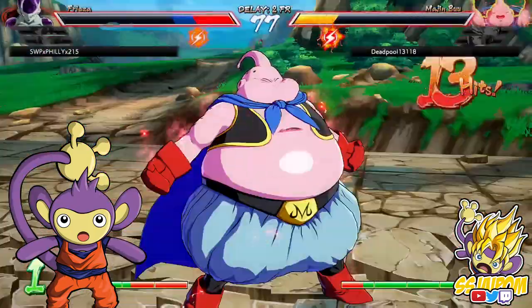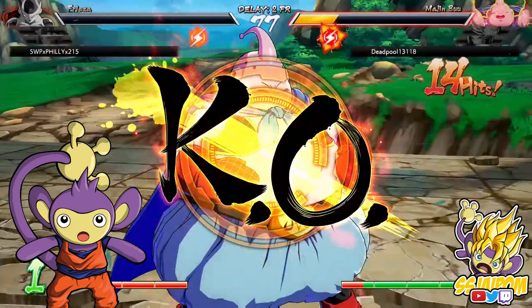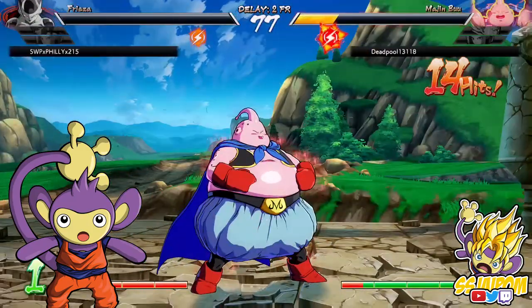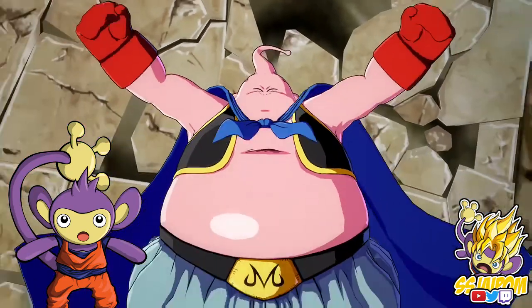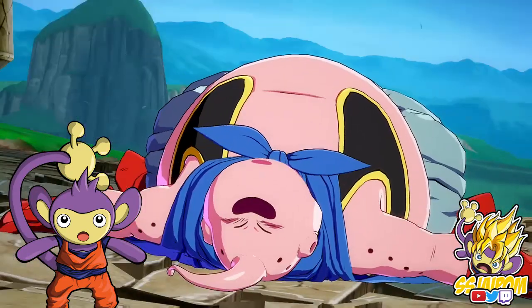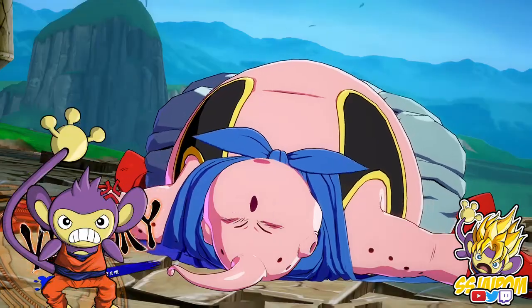Now, Android 13 knows all about the threat of the Spirit Bomb thanks to Dr. Gero's supercomputer, and as the Z Fighters keep getting back up and trying to stall for Goku, 13 keeps on focusing on them and knocking them away. And this is definitely irritating because